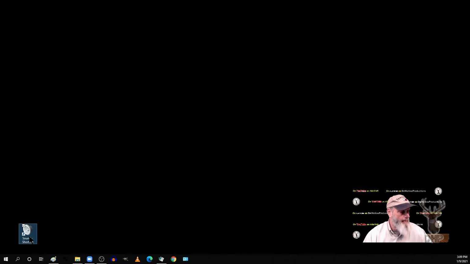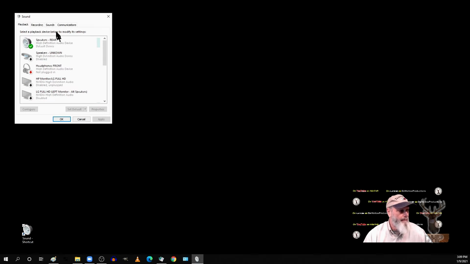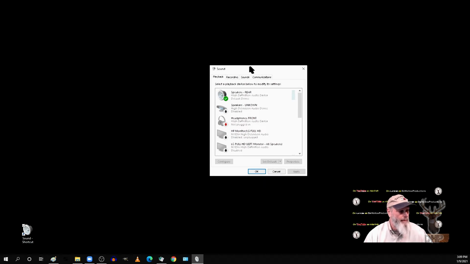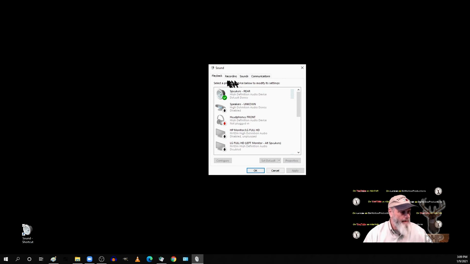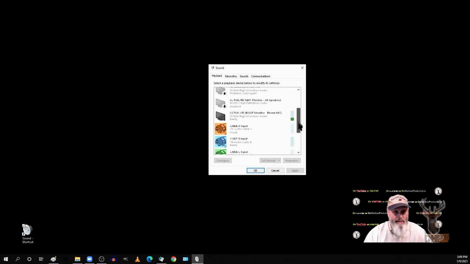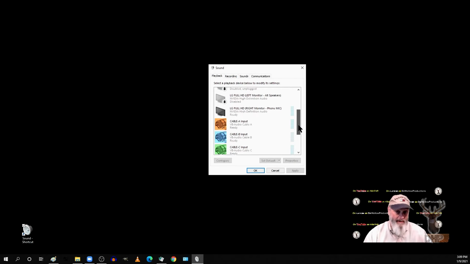I'm going to double click. It brings up the panel. Let me slide this more to the center, and you see we've got playback and recording. Each end of this piece of software that we just installed has a name, and they match. And we want to make sure they continue to match. They don't have to match. And part of getting scrambled was it would mess up the assignment in the registry just a tad, at least